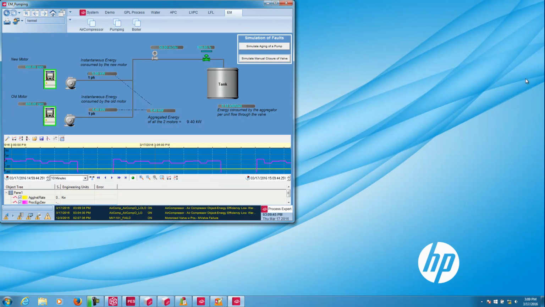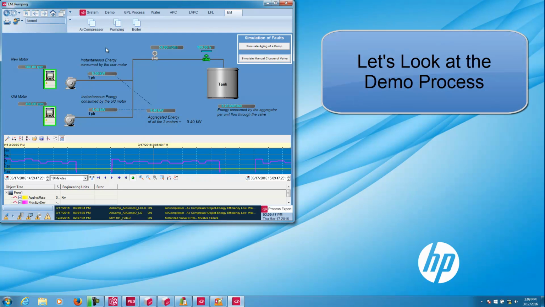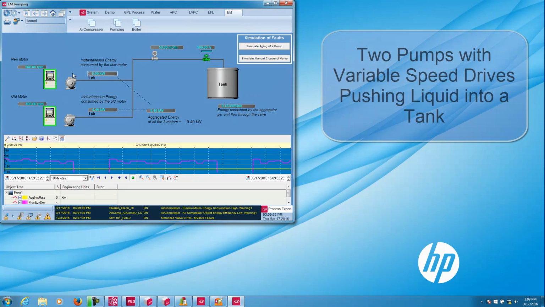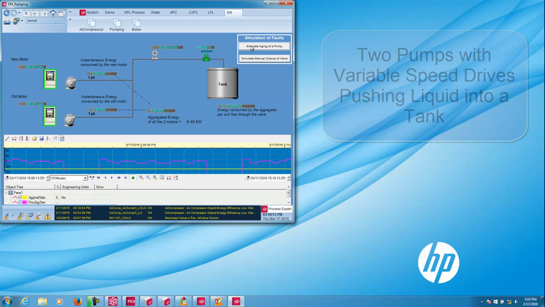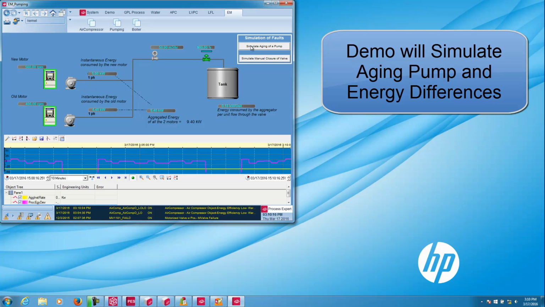First thing we'll do is take a look at the actual process that we have in the demonstration. In this particular example, we have 2 variable speed drives attached to pumps. They are pumping liquid past the transmitter, past the valve, and into a tank. What we have here is an example of a new motor and an example of an old motor, and we are going to simulate a couple of examples. We'll simulate what happens when the pump gets old, and what we'll see here is that the RPMs will increase. But before we do that,